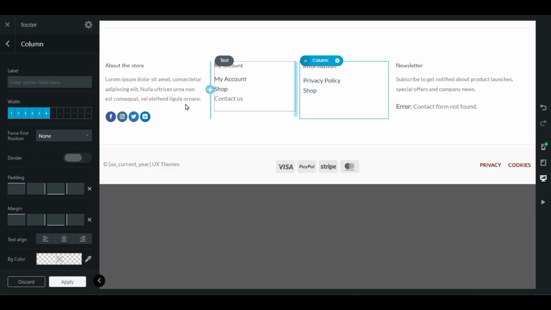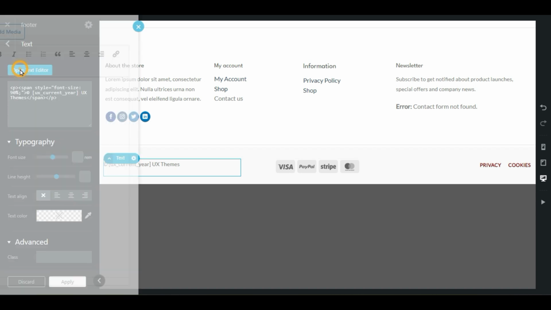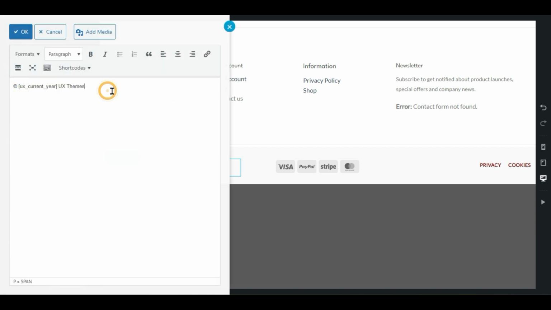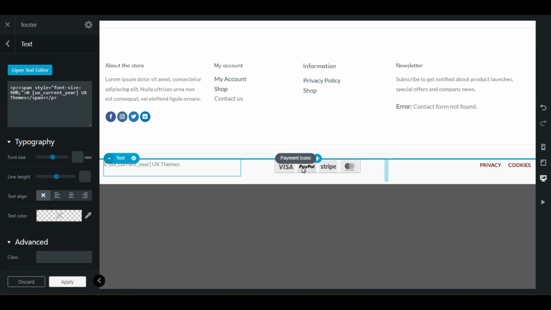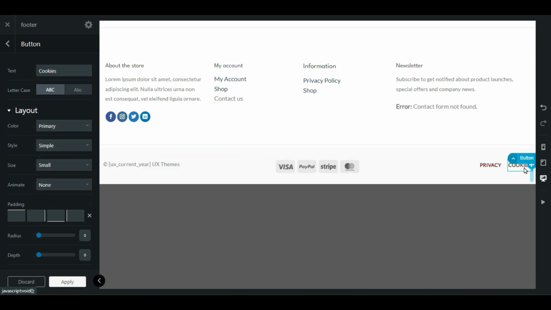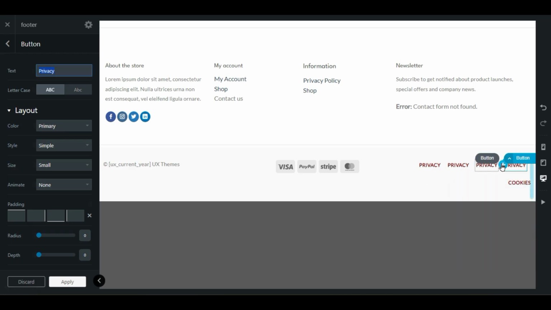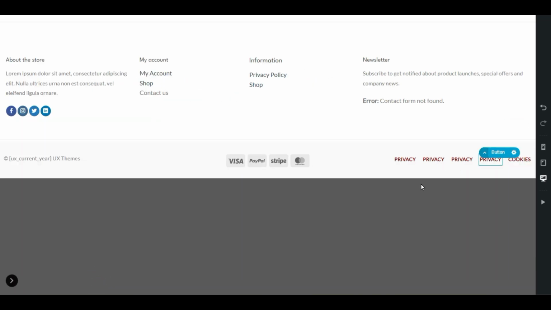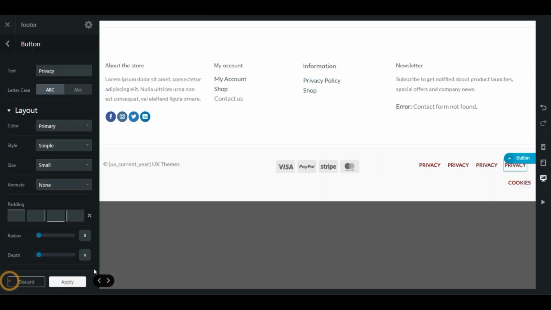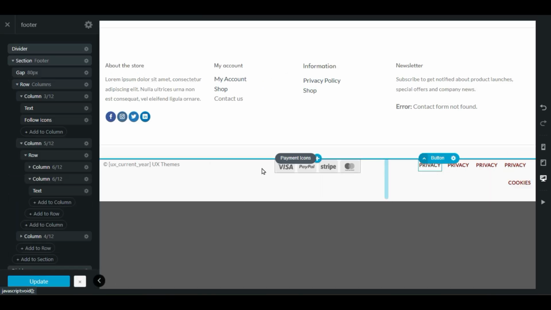Okay, now you want to add something else. You want to change the footer text, copyright. Click on it, open text editor and change your copyright text here. These are the Visa logos, this is actually an image. These are the privacy, cookies, these are the links. You want to add more links here. Just right click, for example policy, this is the link. Duplicate, duplicate 3 times, 4 times. However many links you want to add, you can duplicate. This is perfectly aligned. Now click one by one,